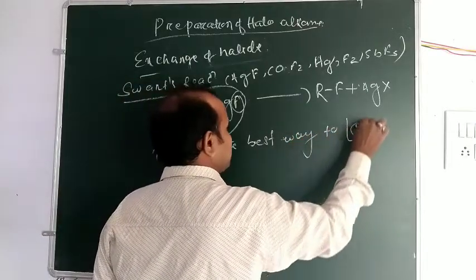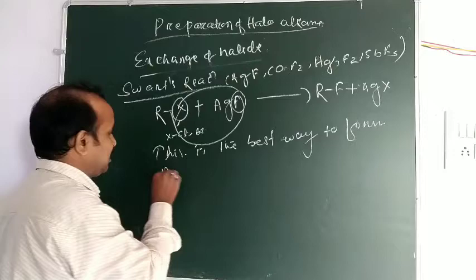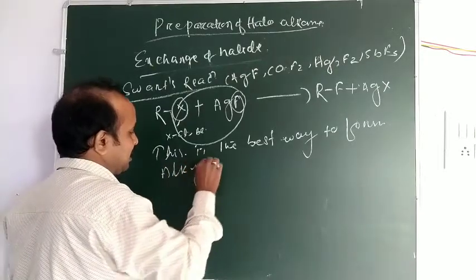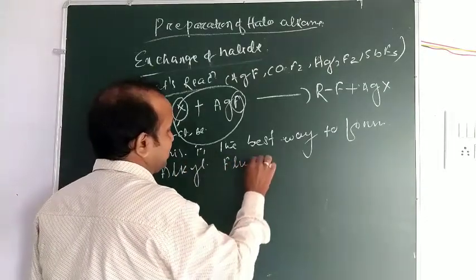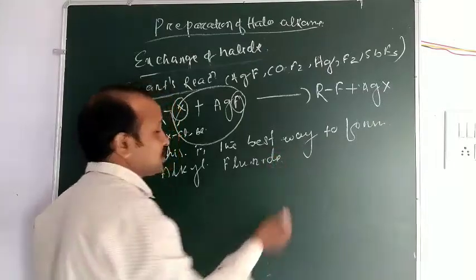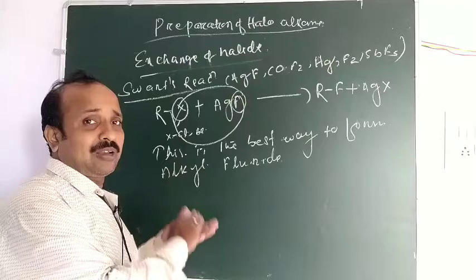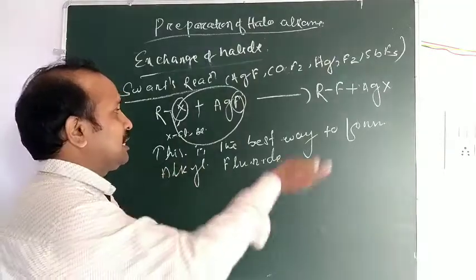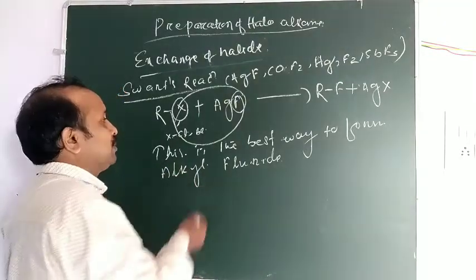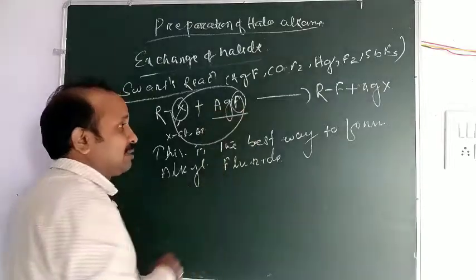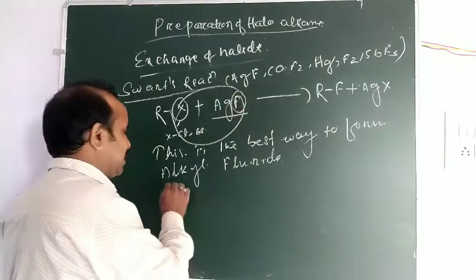To form alkyl fluoride. Okay, this is the only way to prepare alkyl fluoride. First you prepare haloalkane, then it exchanges with the fluorine in presence of metallic fluoride. Okay, in presence of metallic fluoride, this is